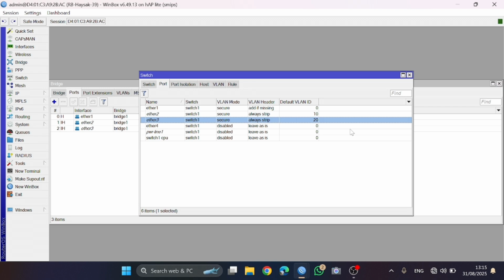After you have completed the configuration process, the next step is to change the LAN cable connection. At first, the cable may still be plugged into port 4 on the switch. What you need to do now is remove that LAN cable from port 4 and reconnect it to either port 2 or port 3.